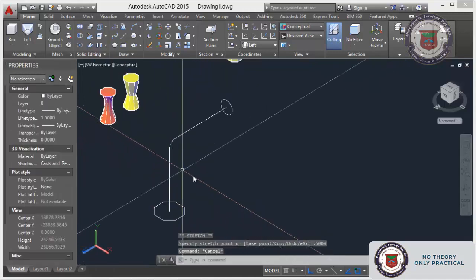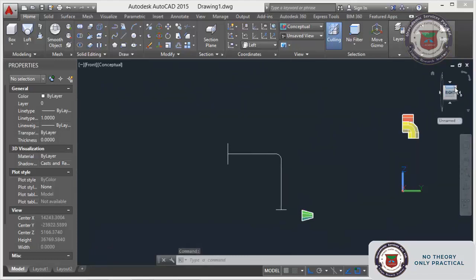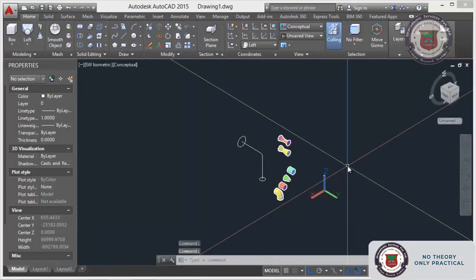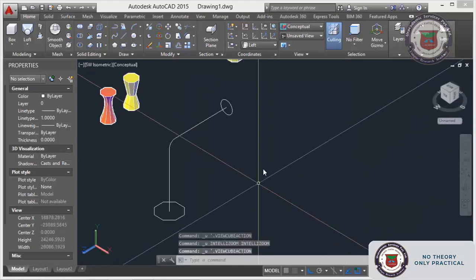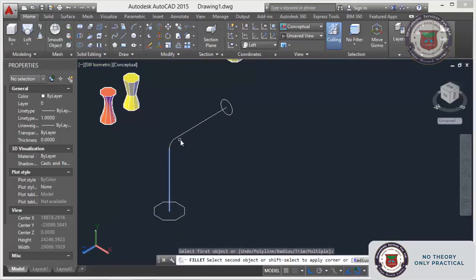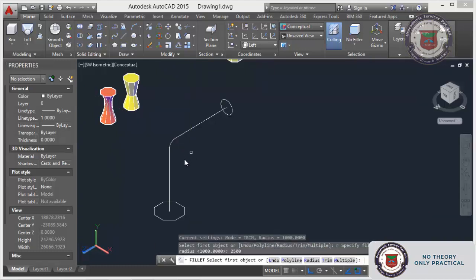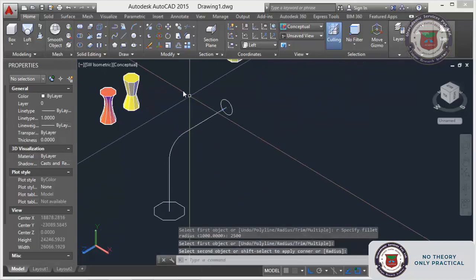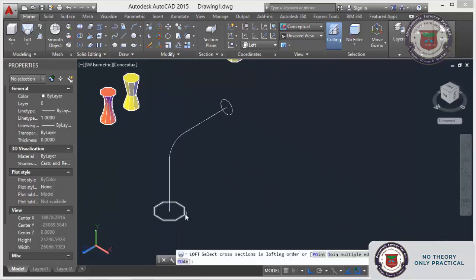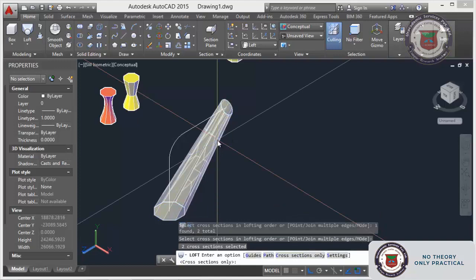Okay, now you can make it fillet radius, fillet radius 2000. Okay, now you check this, enter path.